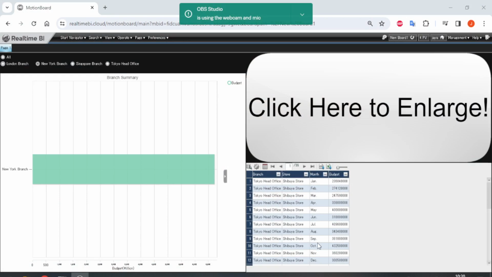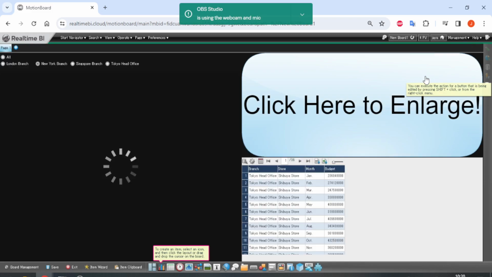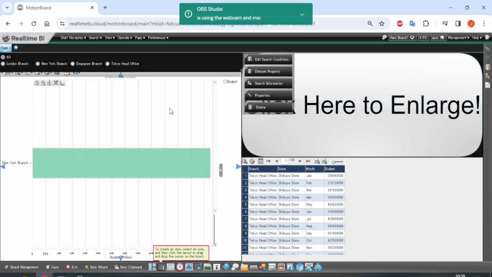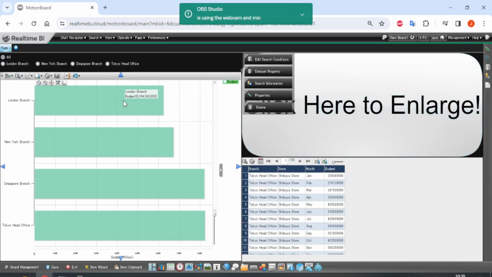Okay, so we are in our usual dashboard. We're going to go to the edit mode. Now we will take a look at this chart specifically on the left. This is our chart, which is a bar chart. Now to adjust this,